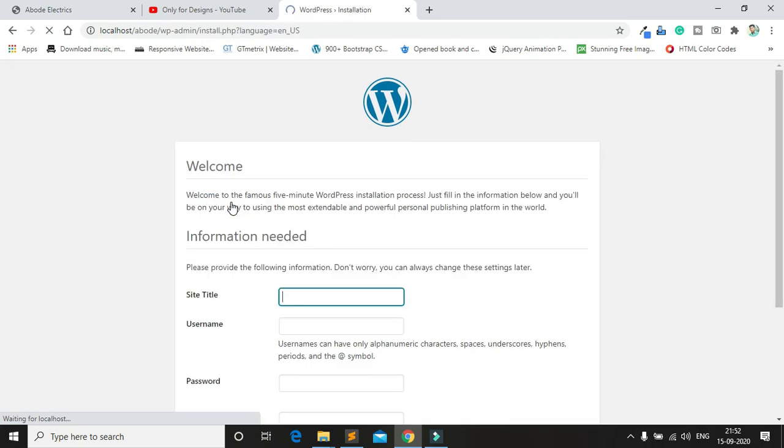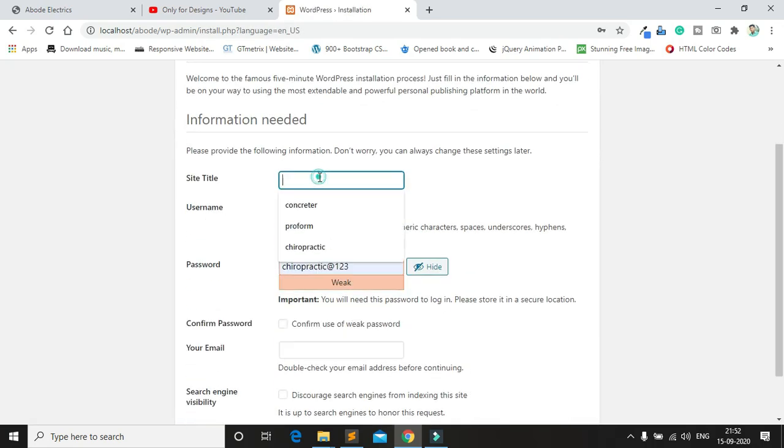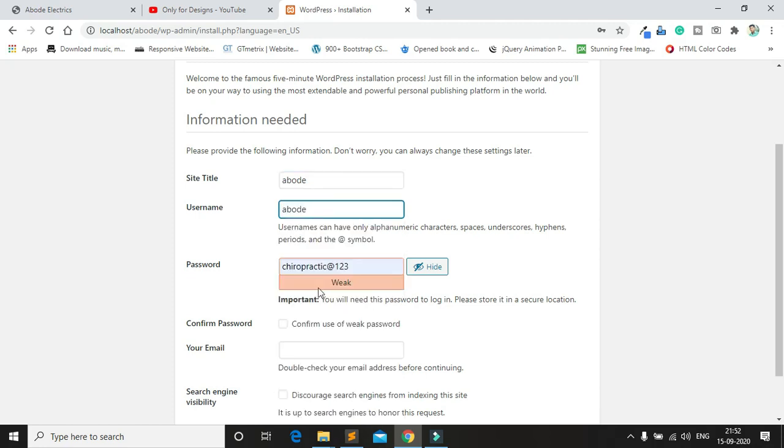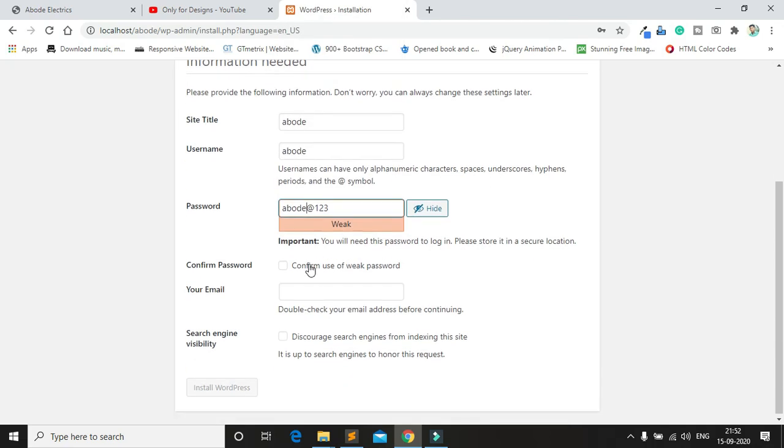It takes a few seconds. So for the site title, I just paste this one, and the username is the same, and the password. Here you can see it shows weak, very weak.